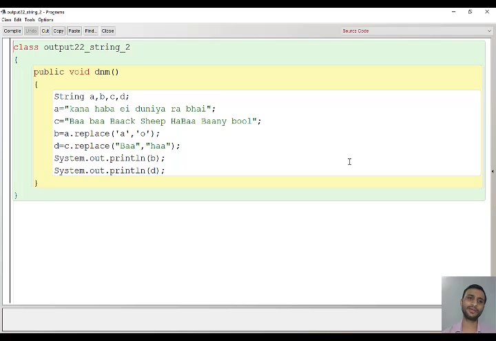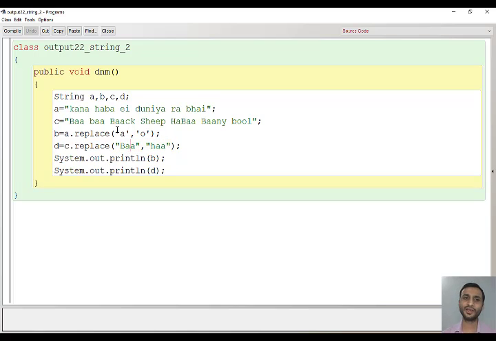Now let us move quickly to the second question. The second question was based on the replace function. In the theory, I told you that we can replace one character with another character. But in the output program, to check your knowledge, I have also given a part of a string to be converted to another part of a string. Here it is a character, which I already taught you. This was for you, just to check how you are thinking.